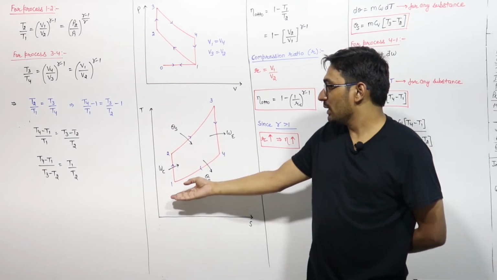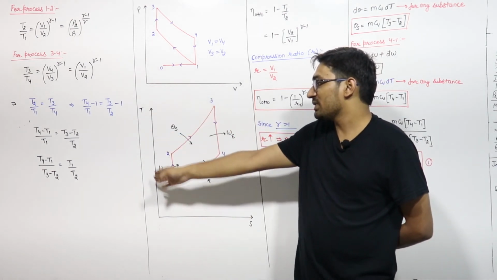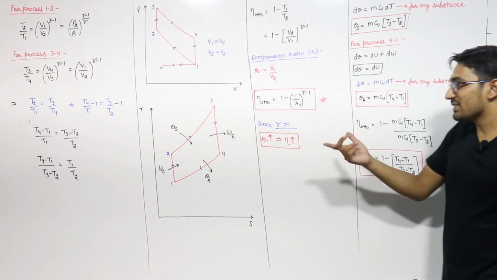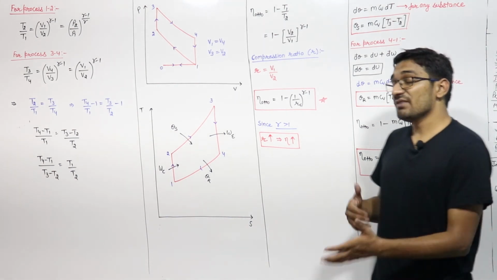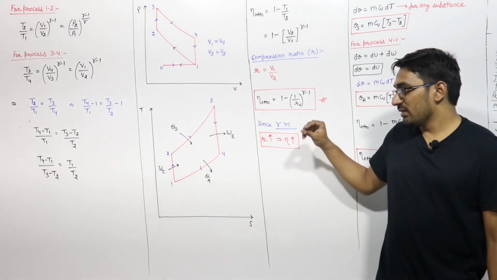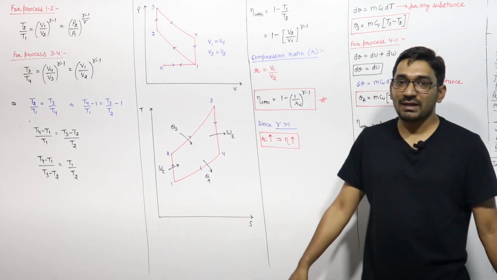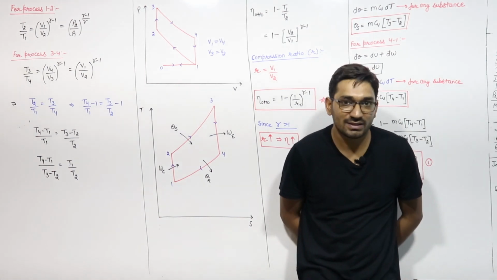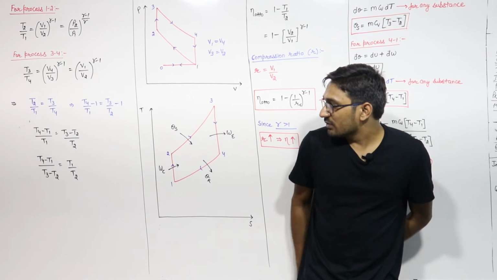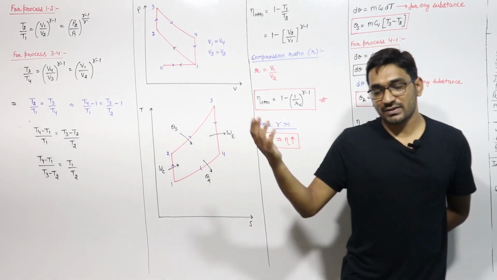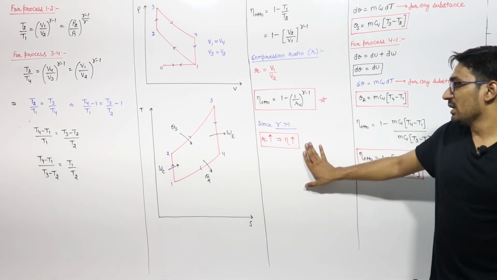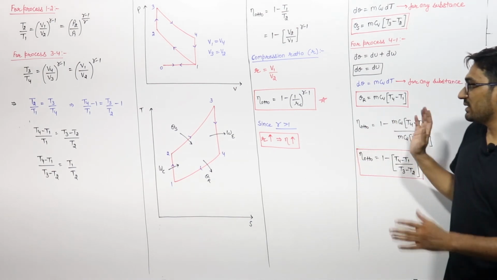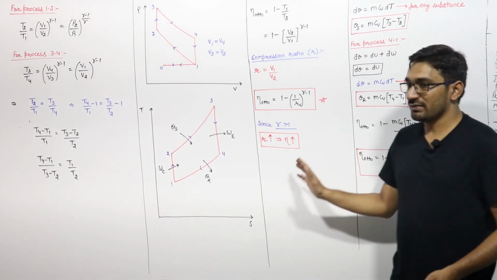process 1 to 2 that the temperature of the mixture, or the temperature of the system, is also increasing. After a certain limit, this temperature will reach the self-ignition temperature of the petrol, and the condition of knocking will occur, right? If you increase the compression ratio beyond a certain limit, knocking will start and your efficiency will decrease. So you will not increase the compression ratio beyond a certain limit. But in general, if you increase the compression ratio, then efficiency will increase. So this is the efficiency of the Otto cycle, and this is how you can solve it.